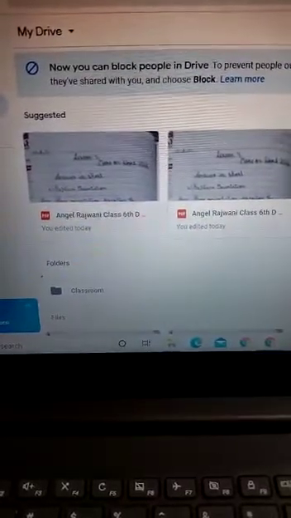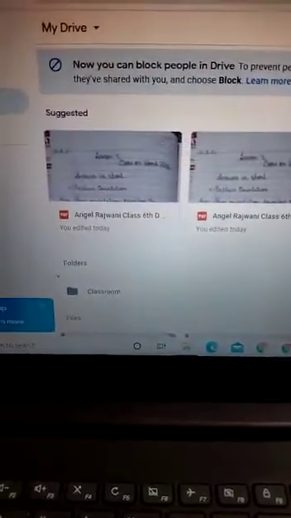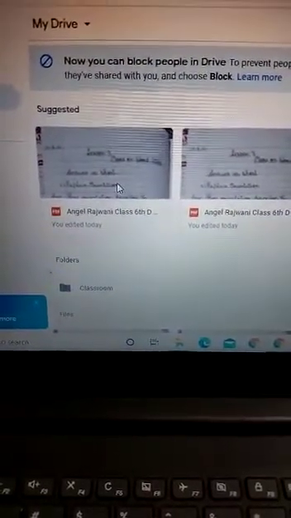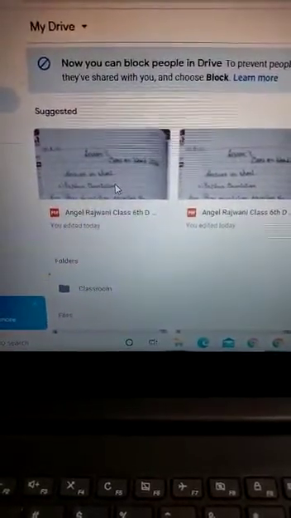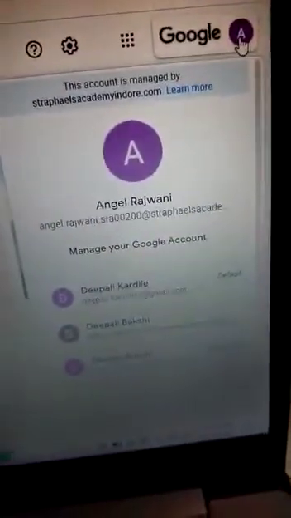If you remember, in our third video, we sent a file to the drive of the mobile phone in the Reflite mail ID. As you can see here, I am working on my laptop and the same file is visible to me on the drive of my laptop. I have signed in with the same ID which I had used on my mobile phone.